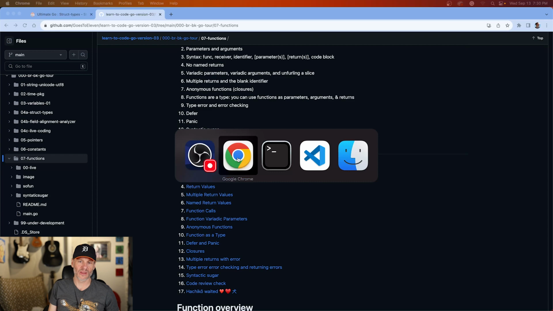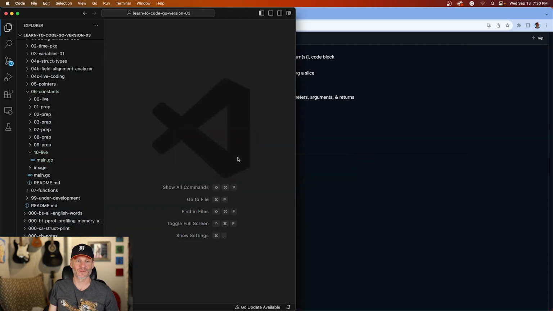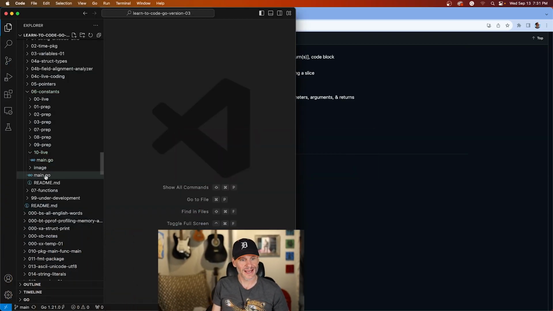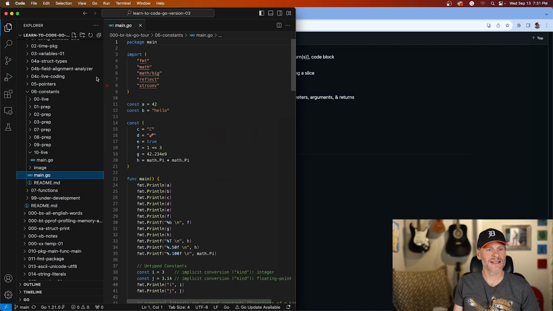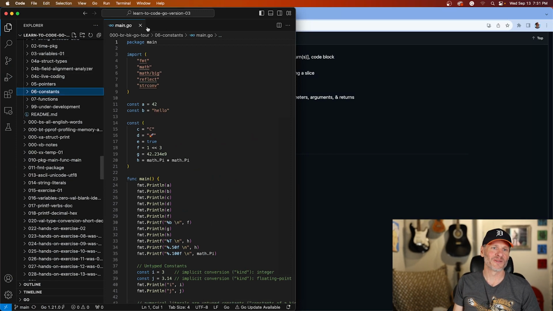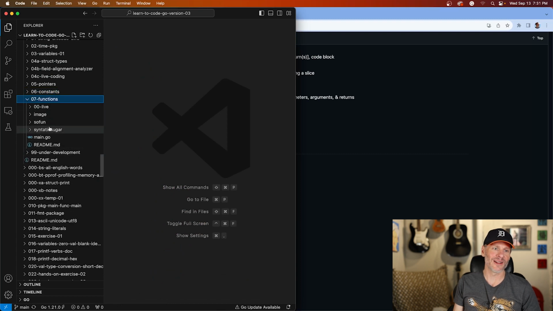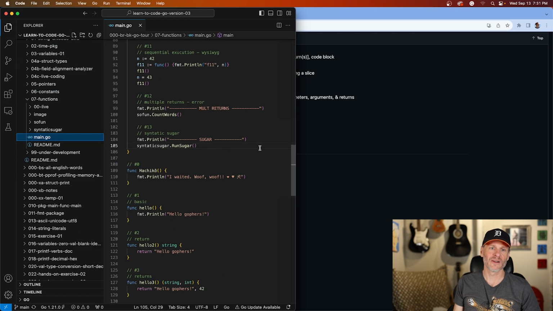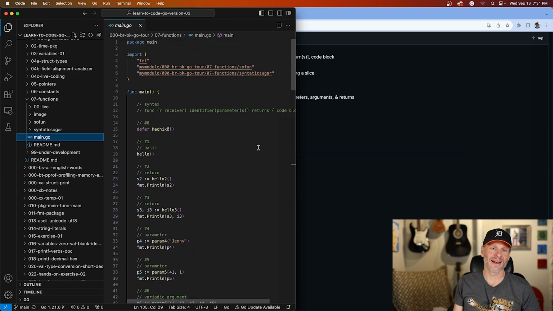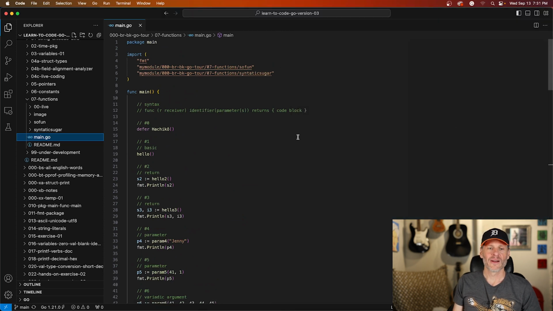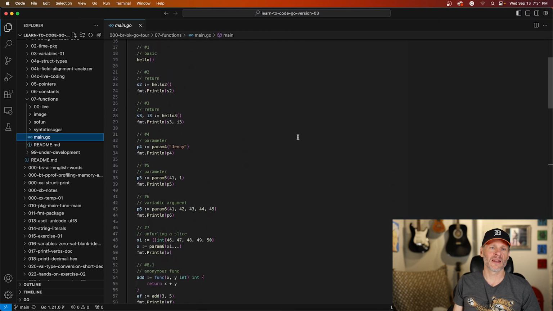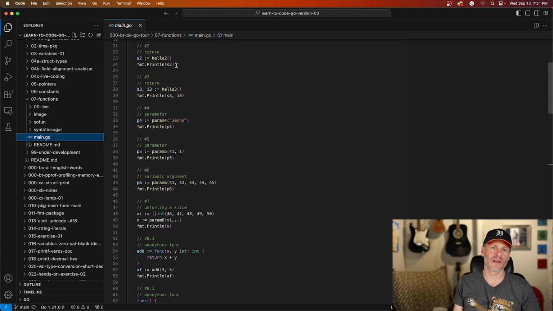And then just to show you the code we're going to look at so you can get a sense of whether or not this is going to be worth your time. That's not the code. That's the code from the previous video. Here's the code we're going to look at. And the code is, look at this, so fun, syntactic sugar. Love those package names. So here's the code. I'm going to just stretch this out a little bit, make it bigger. There we go. So we're going to see defer and then a basic function